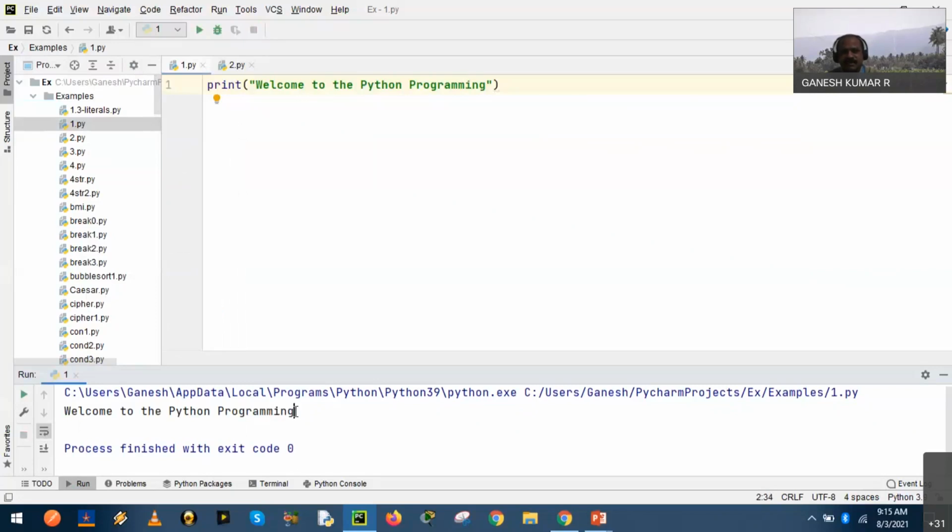Fine. This is the next option. You can also re-execute, rerun the program from the output compartment, the lower compartment. Again, you can see a green colored inverted triangle, the reverse triangle. There you can check the output. Click the green reverse triangle and you will get the output. So we have a number of options to run the program.